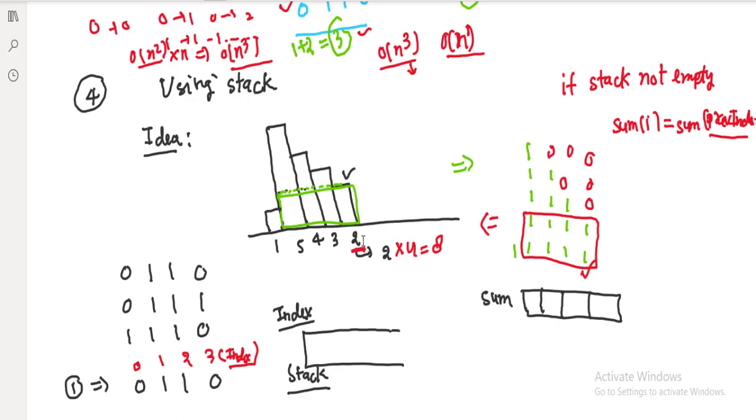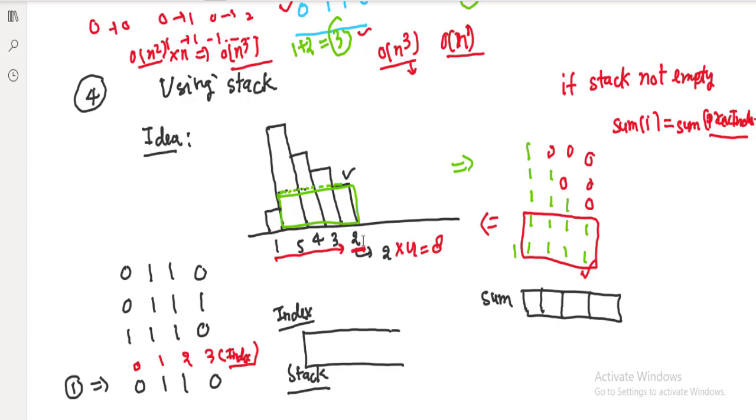So if this matrix is given, we can convert it to this. How? For this particular row, we can just count how many ones are there. In this there are 2, in this column how many rows are there? 3. Similarly this is 5, this is 1, so this is 1 5 4 3 2.